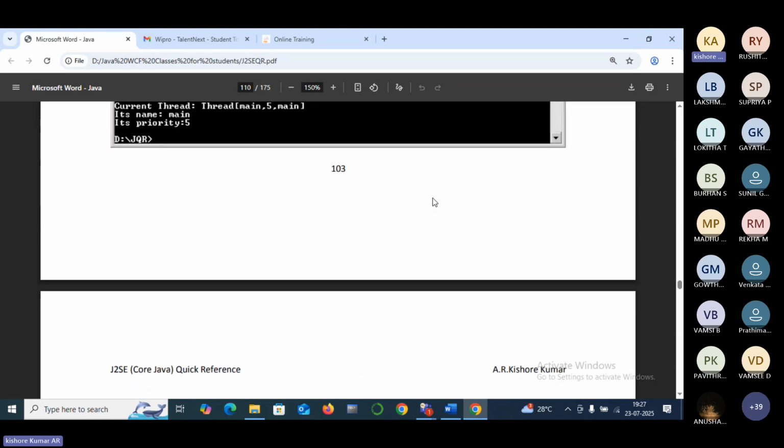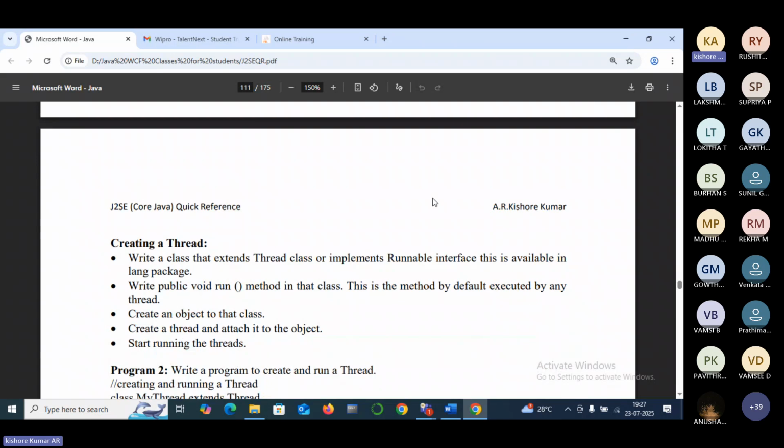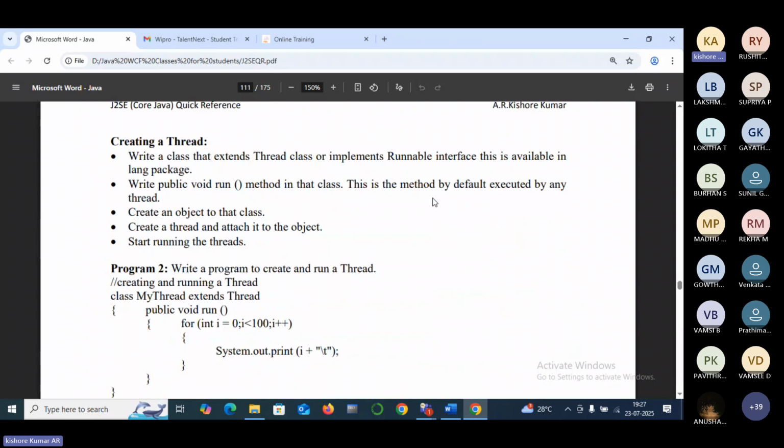So this is a simple thread. Sir, I want to create a user thread. How can I create a thread? See here the points. First point is write a class, but that needs to extend Thread or it has to implement Runnable. Runnable is an interface. So by implementing the Runnable interface, you need to provide a method called public void run,